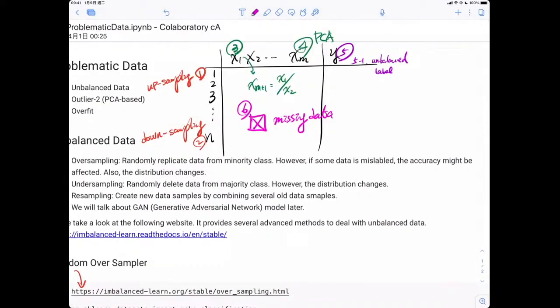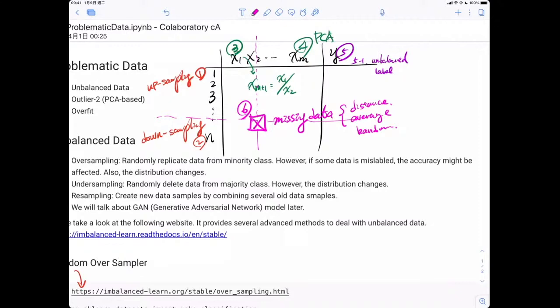What else? Sometimes when we collect the data, there's some missing value in your table, it just disappeared. You don't know why. If you have enough features and enough data points, you can simply remove this feature, remove this data point, right? That is a very straightforward strategy. However, sometimes you have limited features and limited data points, so you cannot remove one. There are several different ways to fill in some data for this data point.